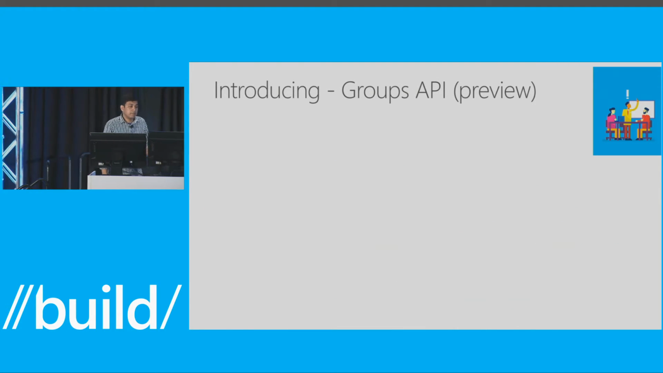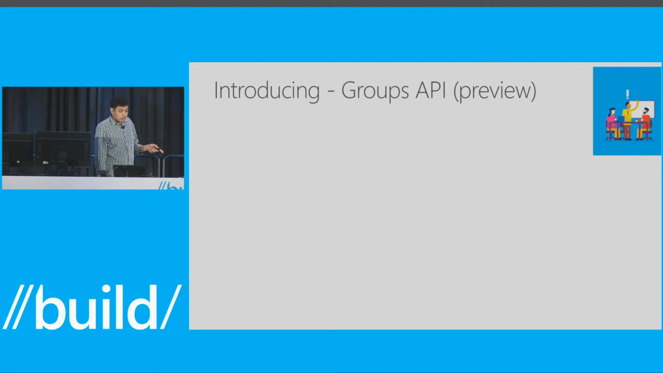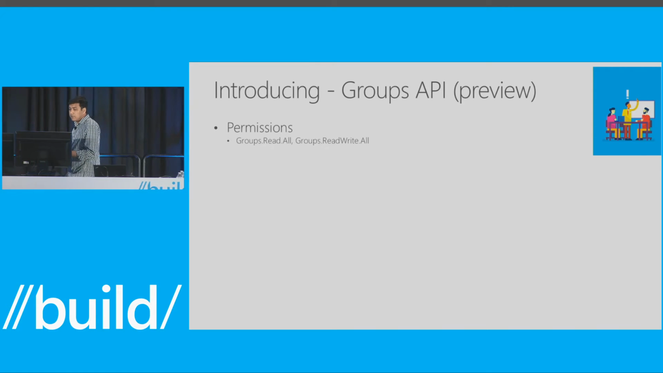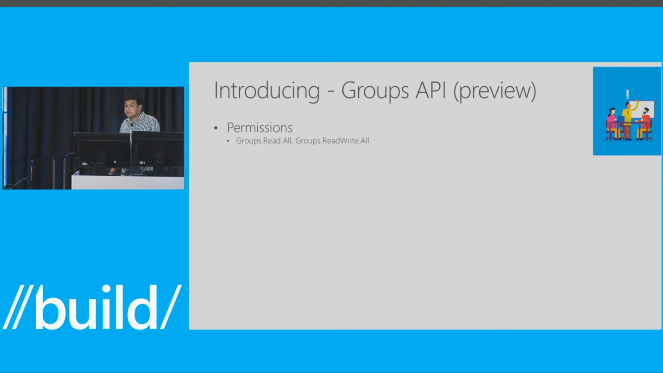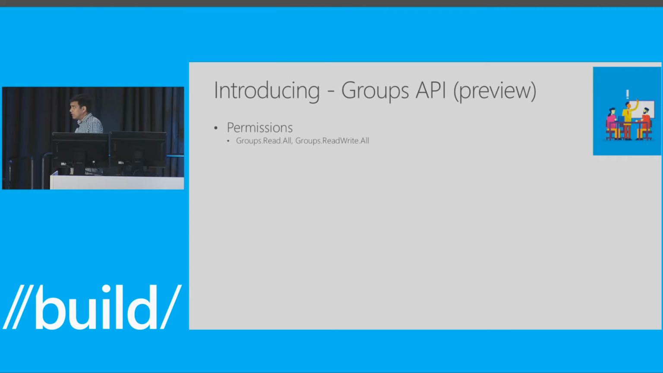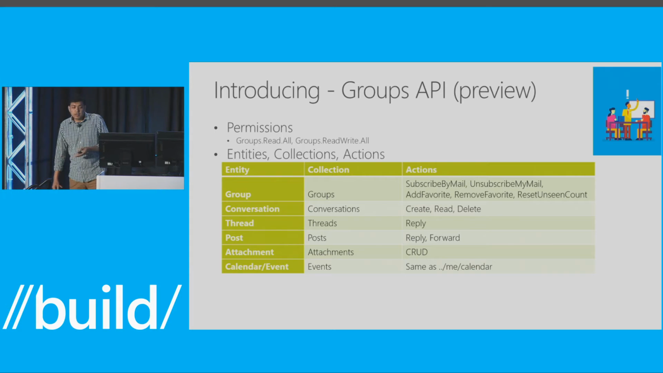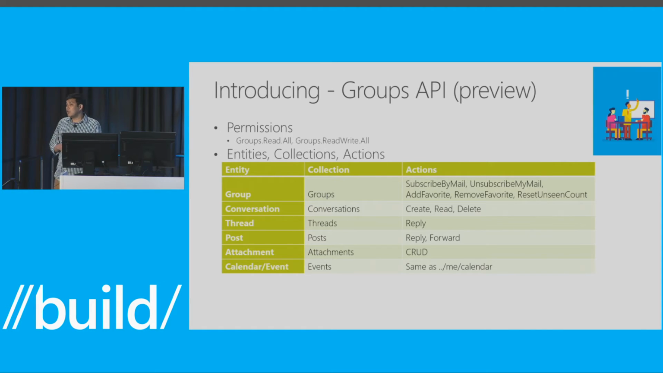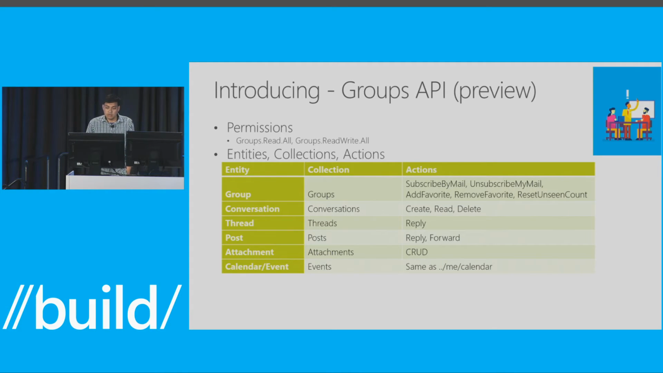Now, one of the announcements that we did at Build, both at the keynote and there was a session yesterday, is the introduction of the Groups API. These are Office 365 groups which are available today. Again, there are two permissions here, read and read-write. Group has a bunch of interesting entities and collections. Of course, you have the group and the groups. There are functions available like subscribing by mail. And what that means is that in a group, when you subscribe by mail, all conversations that you see in a group will be sent as an email to you. You can add the group as your favorite or do the reverse, remove it, and reset unseen count, which means